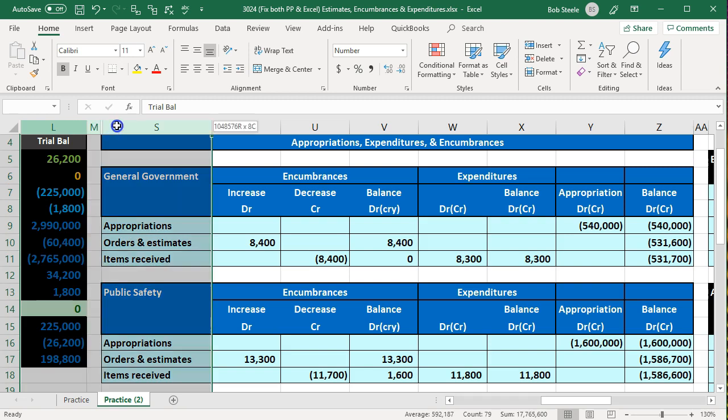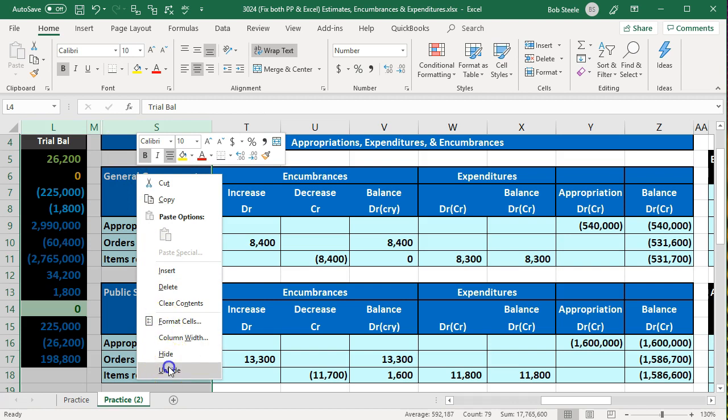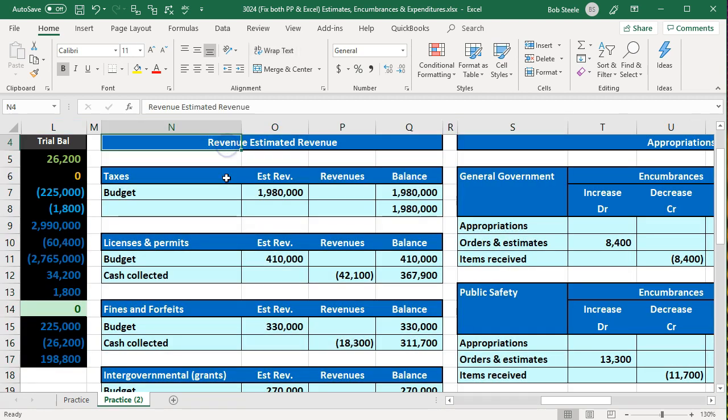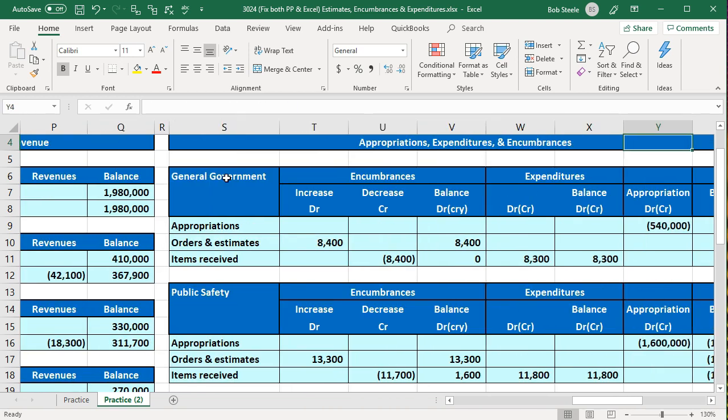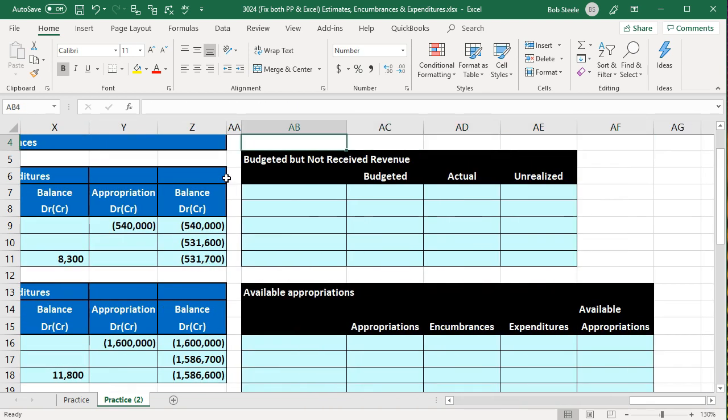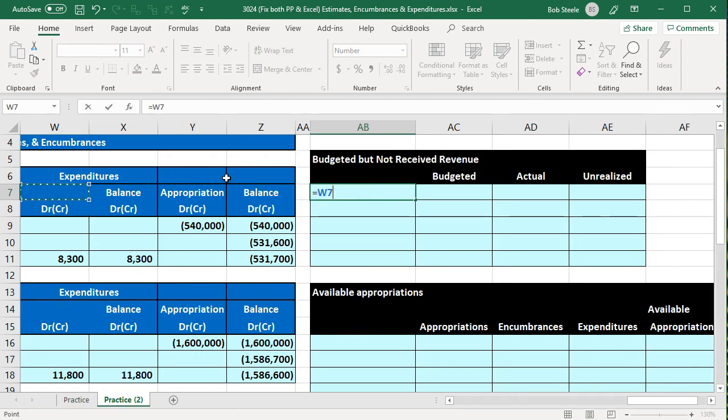I'm going to highlight down to S, let go, right click on that selected area and unhide so we can see our estimated versus actual. And then I'm just going to populate our data. I'm just going to summarize this table. So I'm going to say, and we're going to list out our items, which is going to be equal to